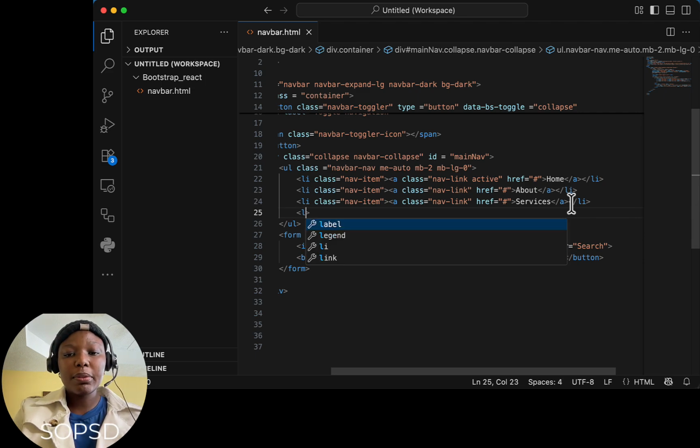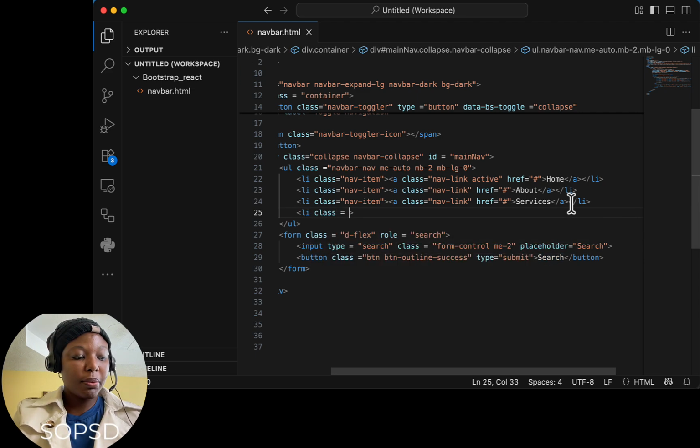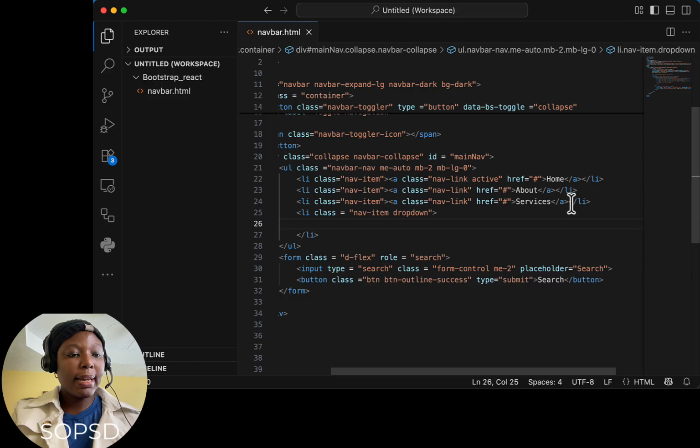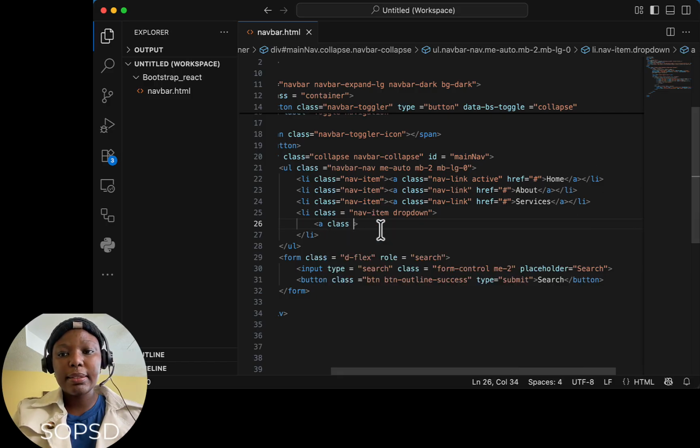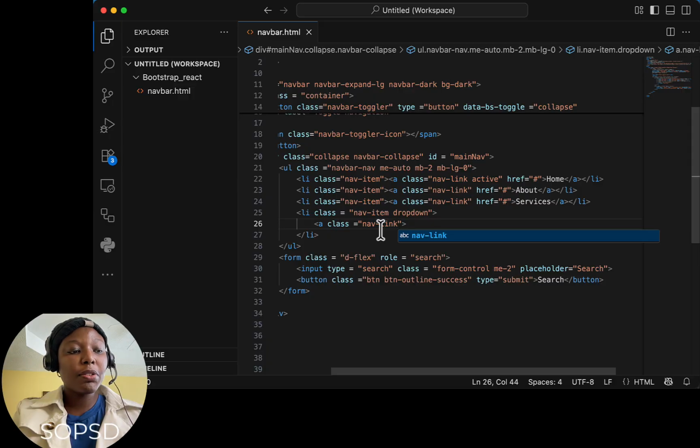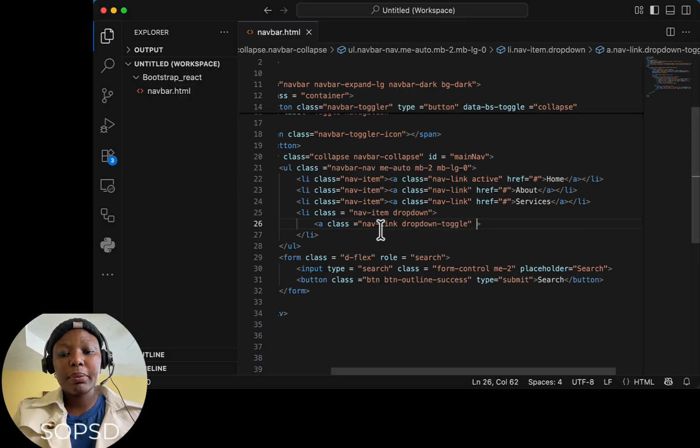So now for that, we'll add list item class is equal to, now we'll add drop down to the nav item. So write nav item and then drop down. Within the list item tag, we are going to put the anchor tag, and this will have class of nav link, but we are going to add drop down toggle here. So put drop down toggle, and then we want the href is equal to, we are not going anywhere, we just use a hash,